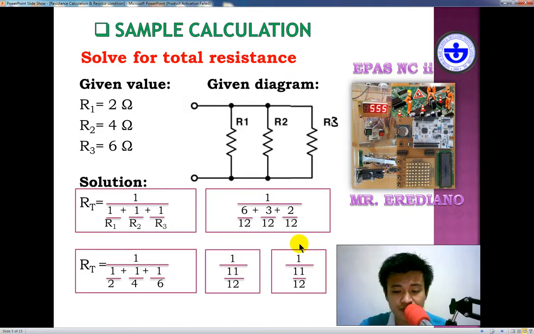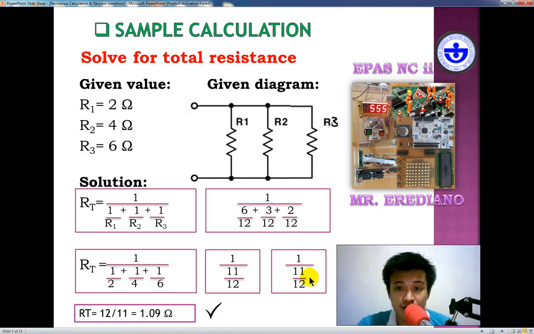It should be rewritten as 1 over 1 times the reciprocal. If you get the reciprocal, what will happen? It will become RT equals 12 over 11. So all you need to do is get the reciprocal of the denominator fraction and proceed to multiplication. That is 1 over 1 times 12 over 11. So that's why we have here 12 divided by 11, that would be equal to